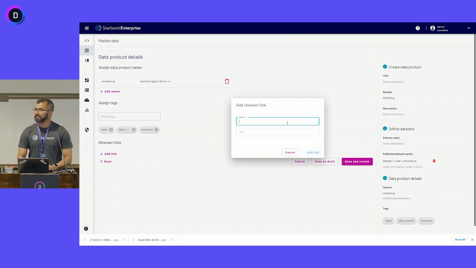And add links. These links are useful for data consumers to not only see what the data product description and summary has, but to read the processes around how this was created, how you can get access to this data product, and who owns it and what is the life cycle around it. It could be internal documentation, and you can attach those documentation right here, say URL, and